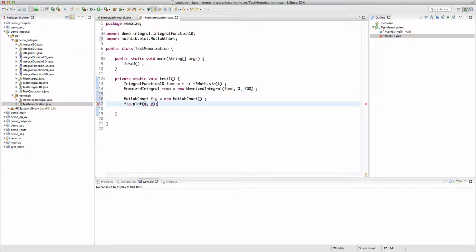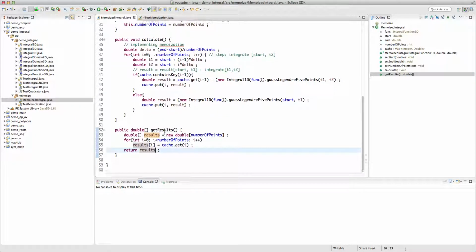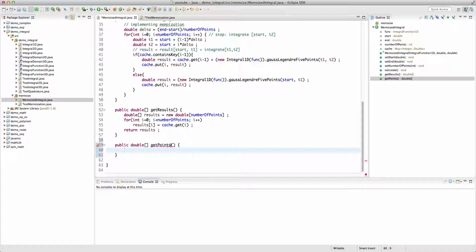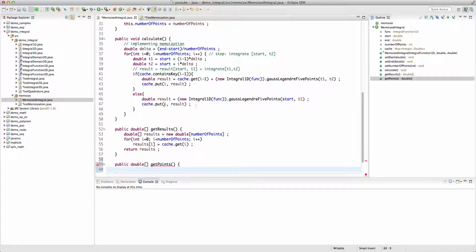So what I'm going to do, these are the results, and public double get points, and for the points we just do a for loop,